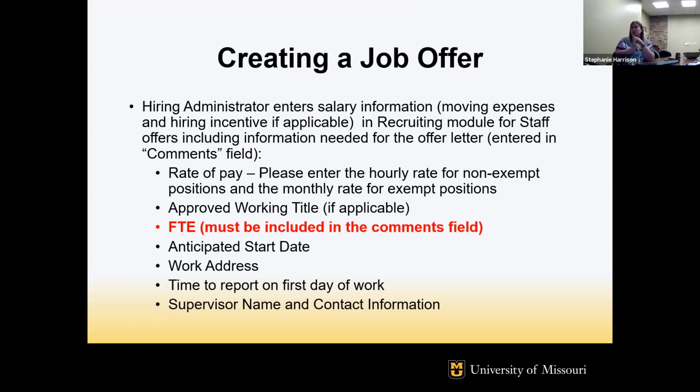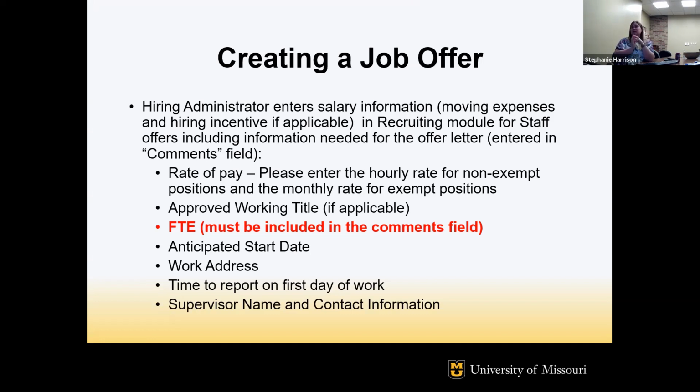The most important one that you put in there for us is the FTE. So we really need to know, is this person a 1.0? Are they 0.80, 0.75, whatever the case may be. But if it's anything below 1.0, the reason why we need this is because, one, if the offer is over midpoint, but they're not working full time, then that could come into play in determining if the offer is acceptable or not.